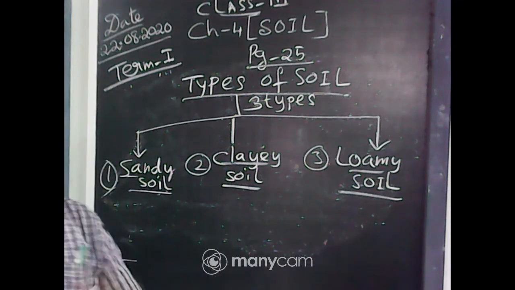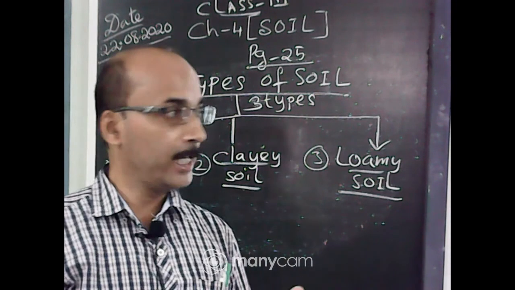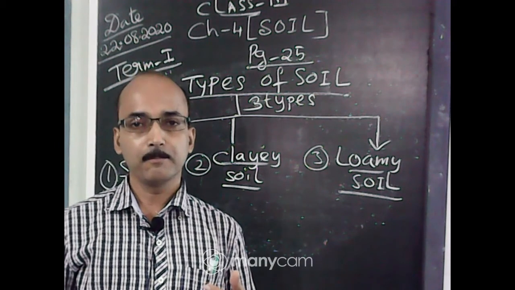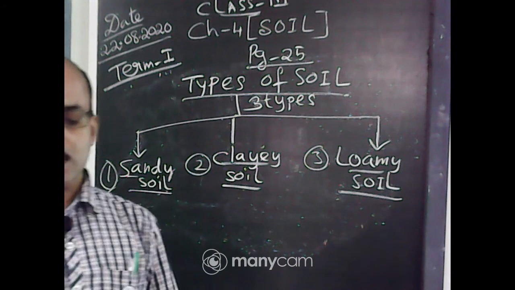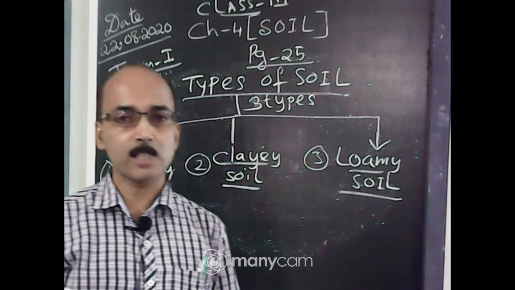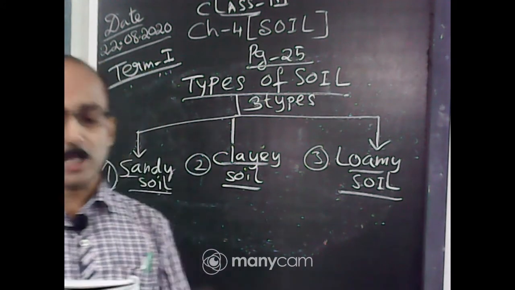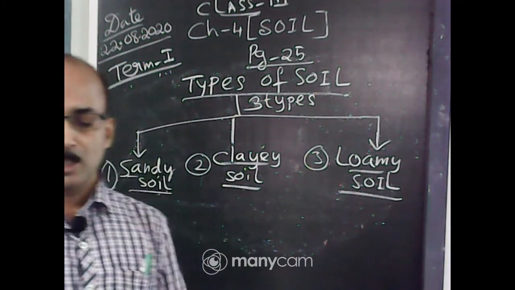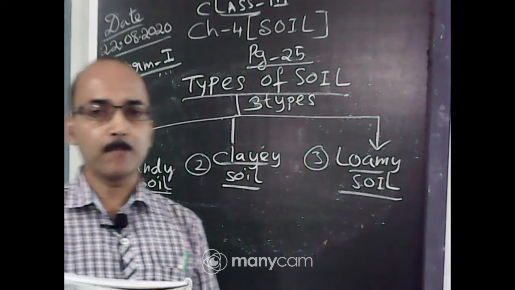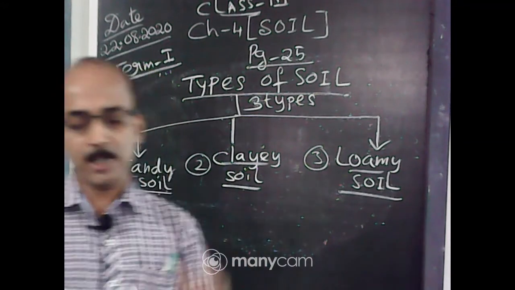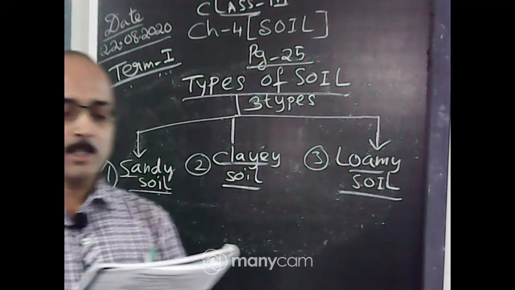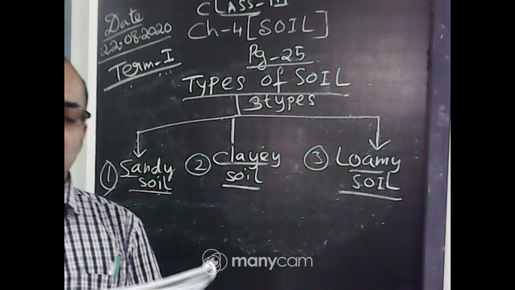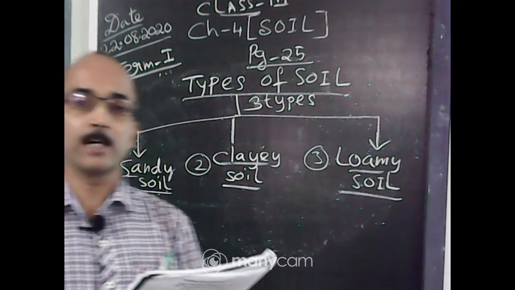So, I will explain it once again. Clay soil, it contains mostly clay. You will underline here. It consists of soil particles of very small size. It is smooth and sticky. Here you underline, it is smooth and sticky. It is used by potters to make pots and toys. Underline here. Clay soil is not good for plants because there are no spaces between its particles to hold air.